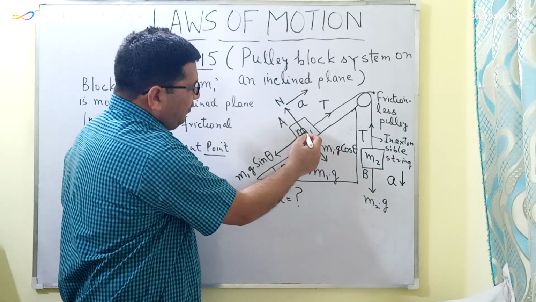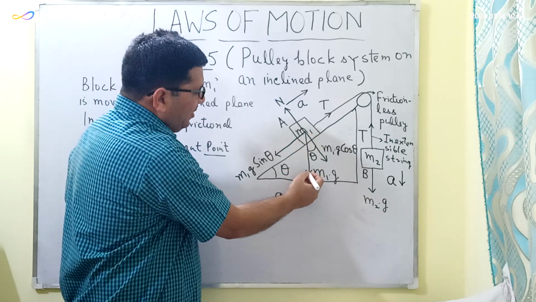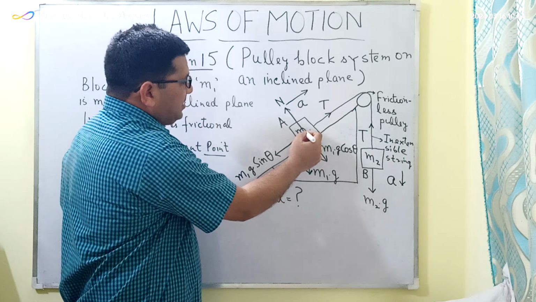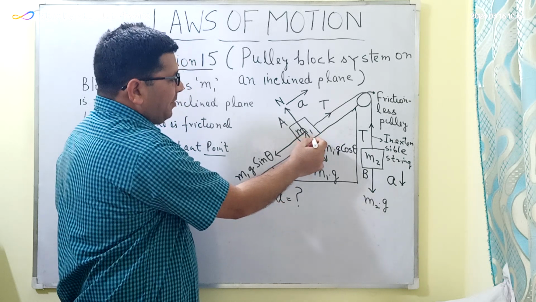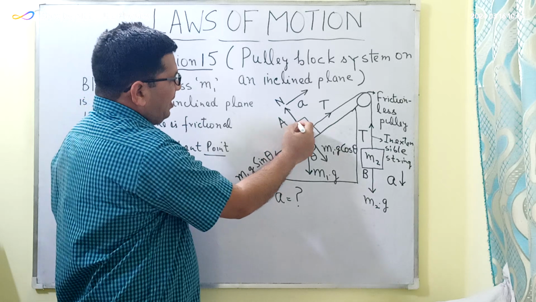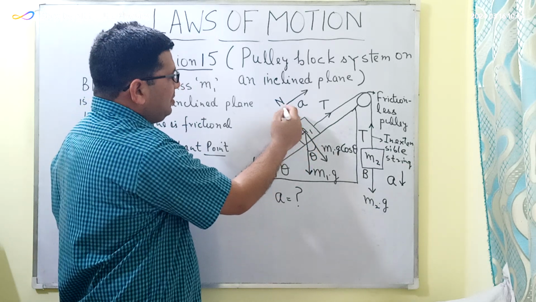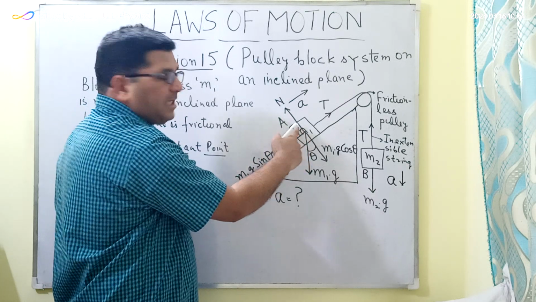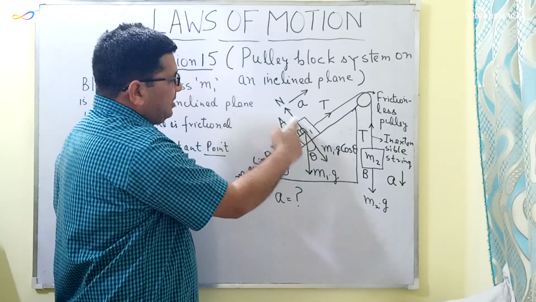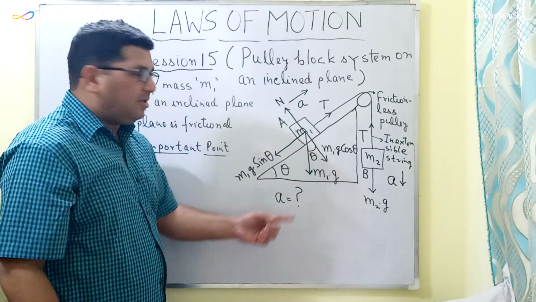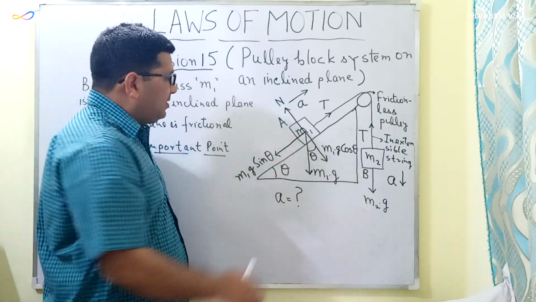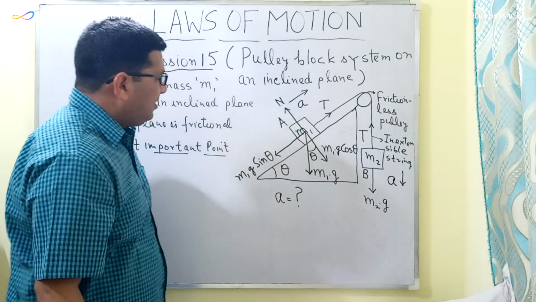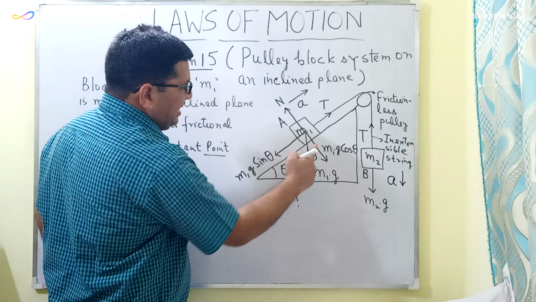Now the weight of this body will be acting vertically downward as indicated by this arrow. The normal reaction will be acting perpendicular to the inclined plane. So I have already indicated the direction of this normal. This is the normal reaction which is acting on this body, and its direction is always perpendicular to the surface on which it is kept. So the normal reaction will be acting perpendicular to this inclined plane, and since this angle is theta,